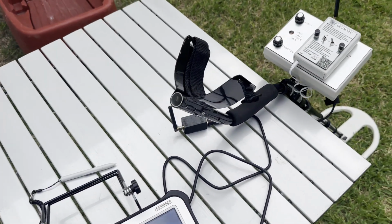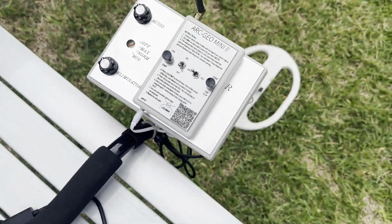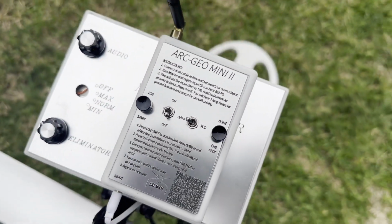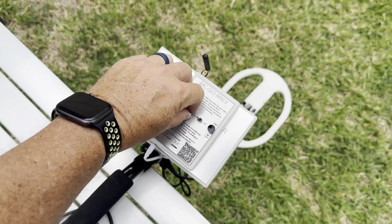This is the new Arc-geo Mini logger. I have it on top of my pulse induction. It's very small. It can transmit up to 100 yards line of sight. When you turn the unit on,